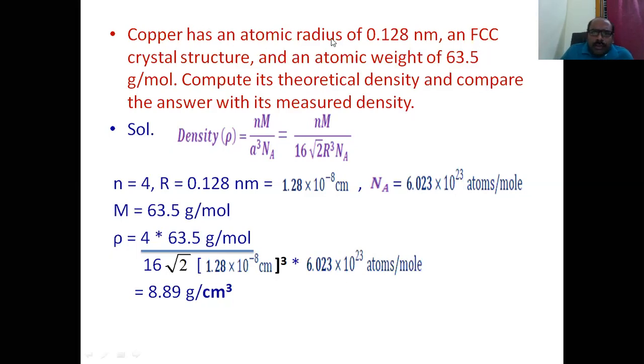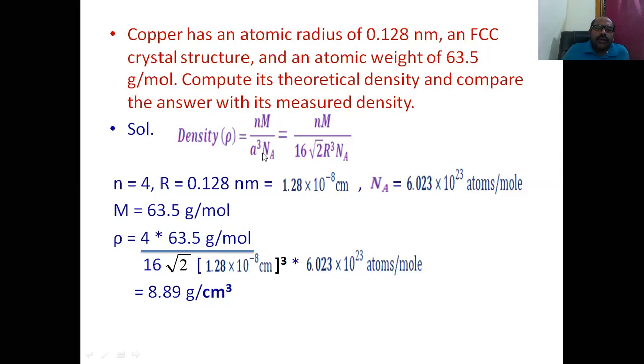Copper has a given atomic radius, and another clue is that it is crystallized in the FCC crystal structure. The atomic weight is also given. We are asked to calculate the theoretical density. The formula for density is what we are seeing here,